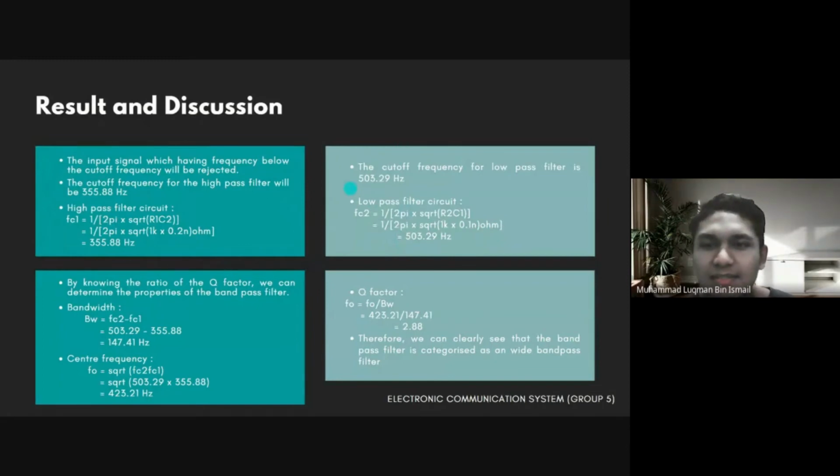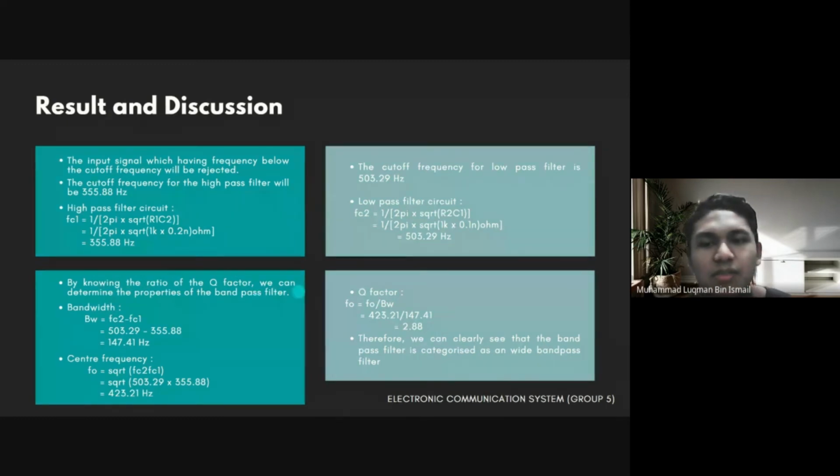So by knowing the FC1 and FC2, we have found the bandwidth and the center frequency. The bandwidth is approximately 147 hertz, and the center frequency, or we can say the resonant frequency, is approximately